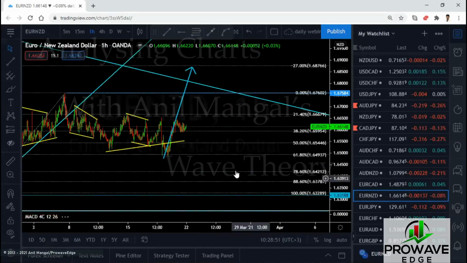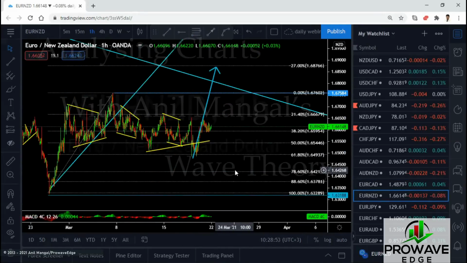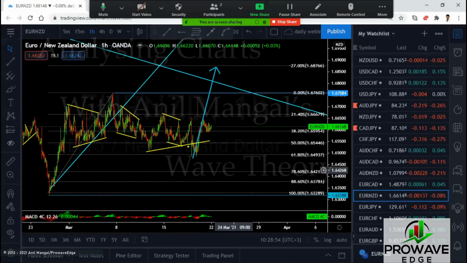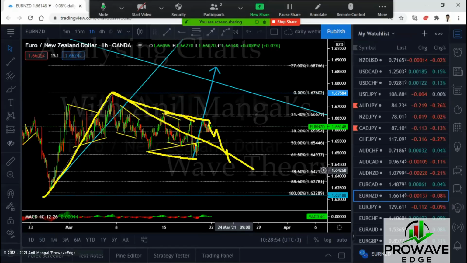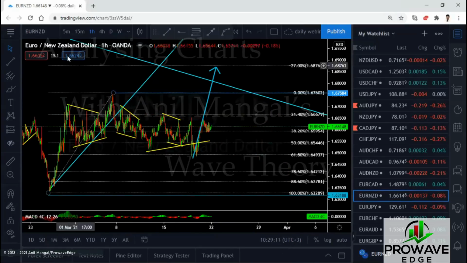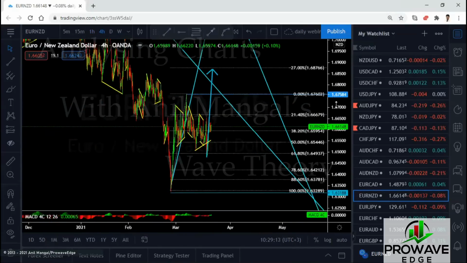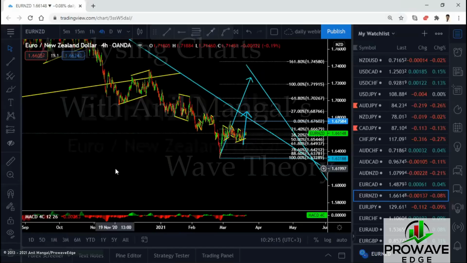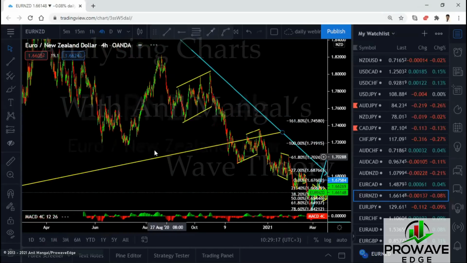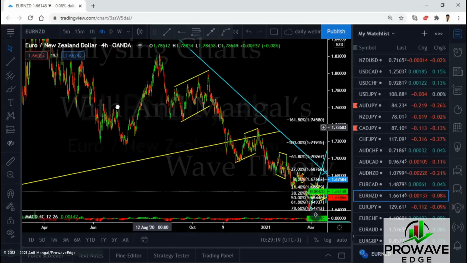Euro New Zealand. Okay. We're finally getting something here. There was a buy setup here that we got once we saw this whole corrective structure. Now, the problem with this is it might stop right here. Right? This piece could come back here again. And if we start to get a big flat in this area, we're just going to come here and then go down. We might not get the bigger one we're looking for. Right? It all depends on how the corrective structure behaves. We were anticipating a big move up like this. See that one? We're anticipating a big one up like that.